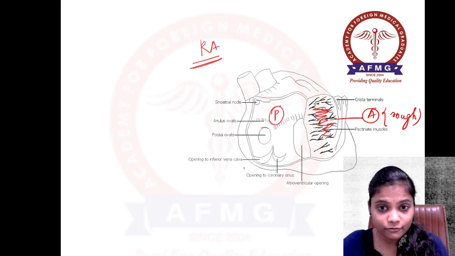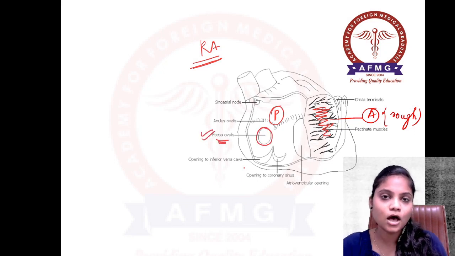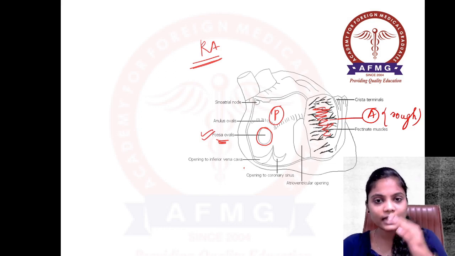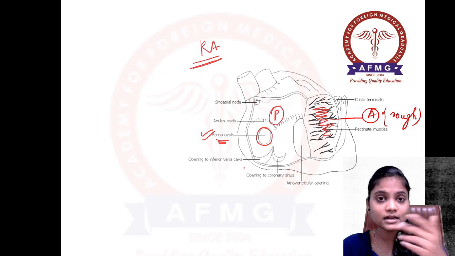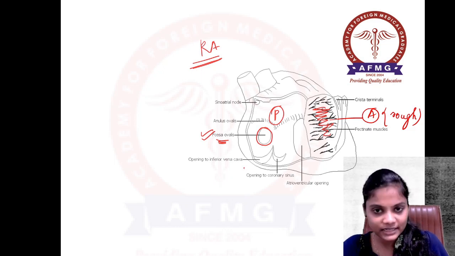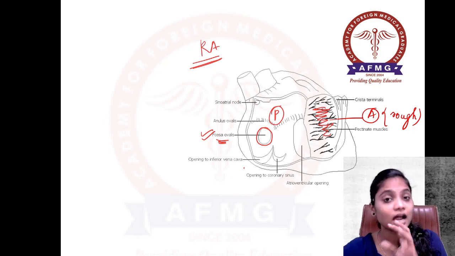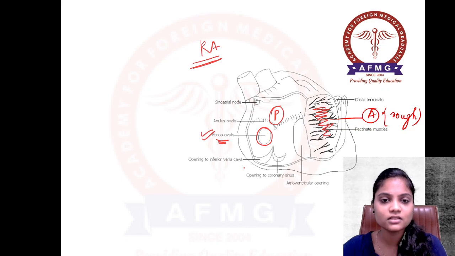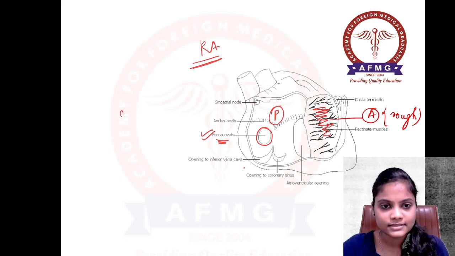In that you have a fossa ovalis. This is what is important. So what is the meaning of fossa ovalis? In the right atrium, whenever there is a flow of blood in the newborn or in the fetus, when there is development of the cardiac portion in the fetus, they have a fossa. After birth it changes to septum primum,